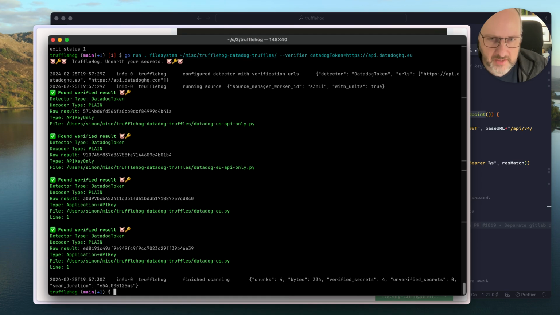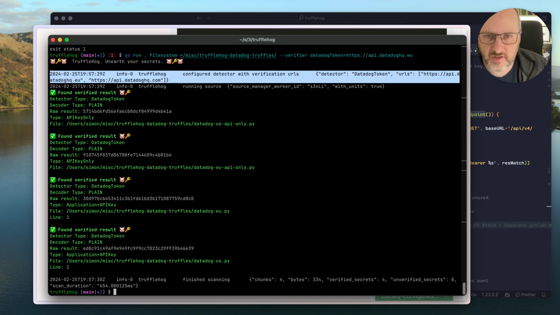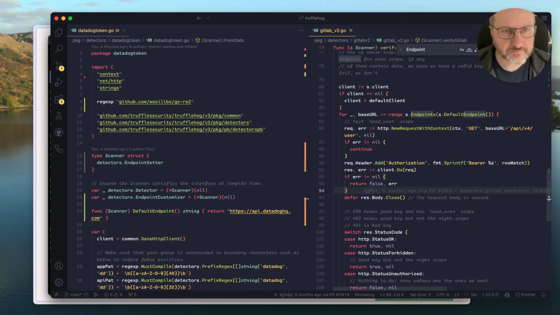And we were able to pass in the token that we wanted. But interestingly, these all validate. And I notice in this line here, it says configure detector with verification URLs, detector Datadog token, URLs, and there's two of them. It's using both the EU one and the regular one. I was not expecting that, and I think that probably the logic for set endpoints here is